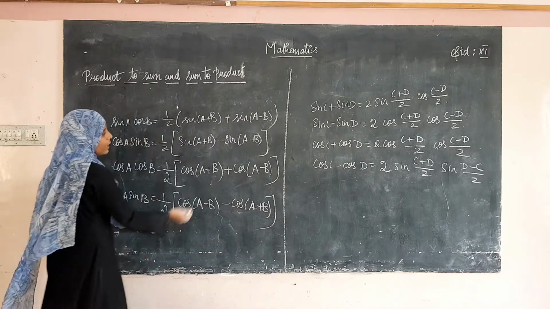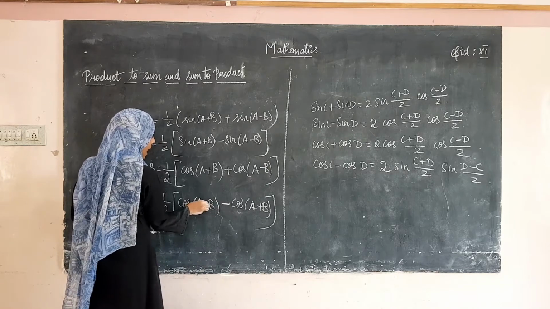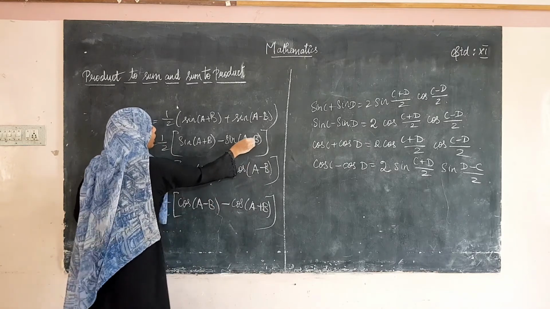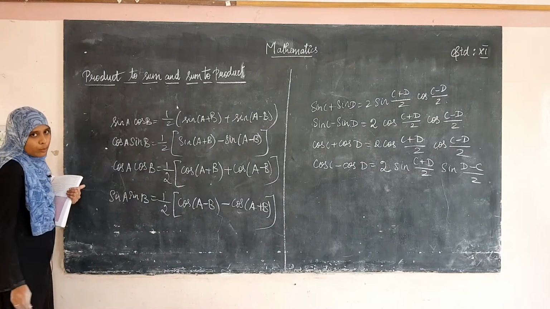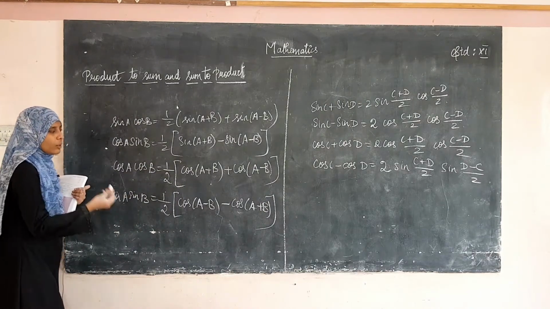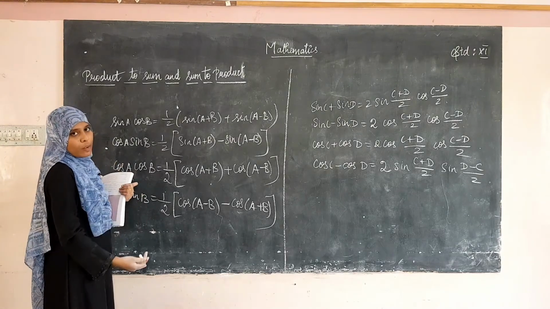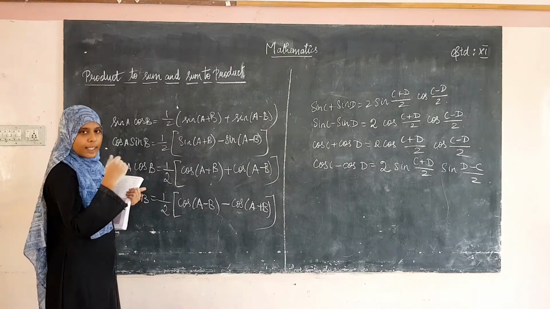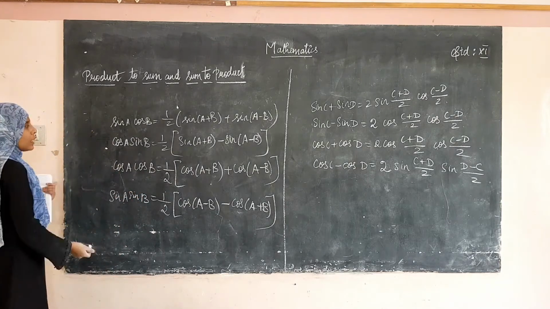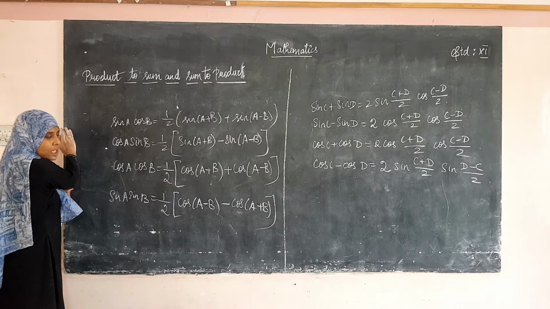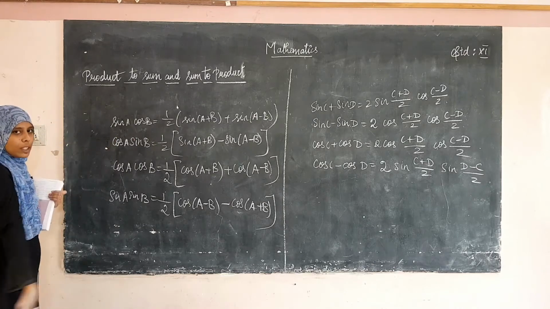Okay, see, there is a difference in the middle sign here, and there is a difference in the angles also in every term. So you have to be very clear with the formula, you have to mug up everything without fail. You should not change even a sign in this. If you change it, the total formula will be wrong, so the whole sum will be wrong. So you have to mug up these. These are the formulas for changing a product of trigonometric functions to a sum of trigonometric functions.